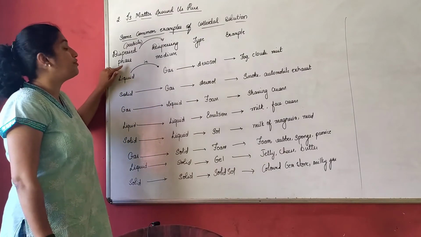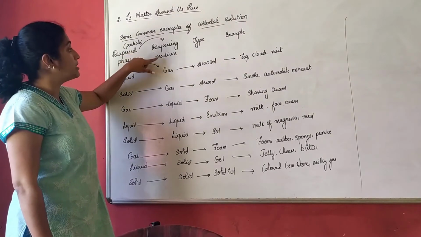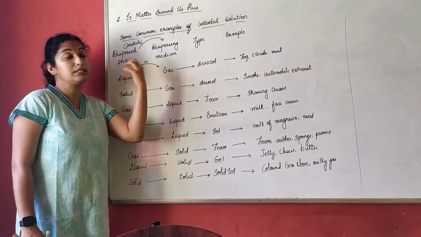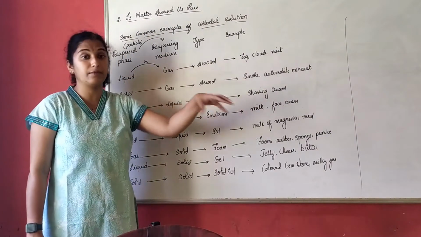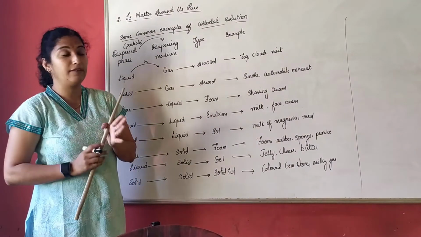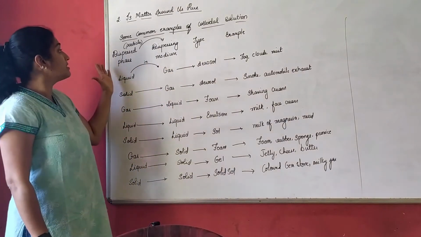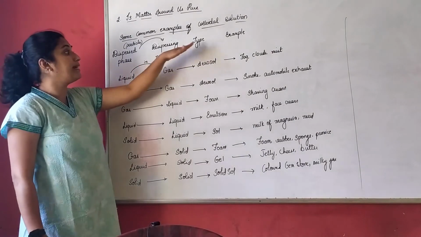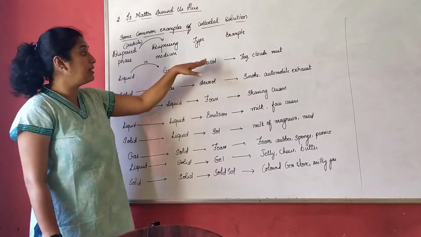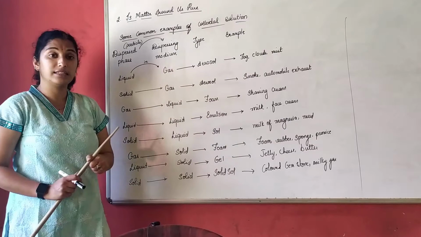But here we have it in the form of dispersed phase, which is nothing but a particle. Dispersing medium. That means you are adding these particles, the dispersing phase, in the medium. That means I am adding particles to the water. Not exactly water, but assuming here. Got it? So now let us see which dispersed phase, when we add in a medium, what type of solution we get. The combination of these phases and medium will give a type of solution, and examples of those colloidal solutions.